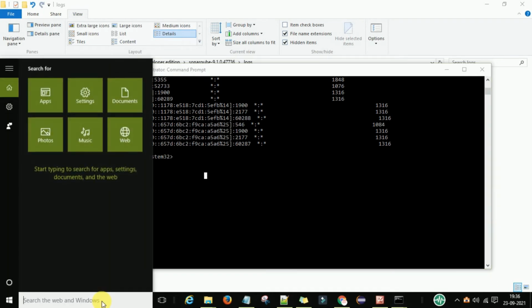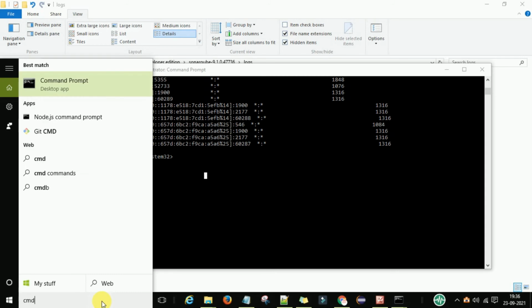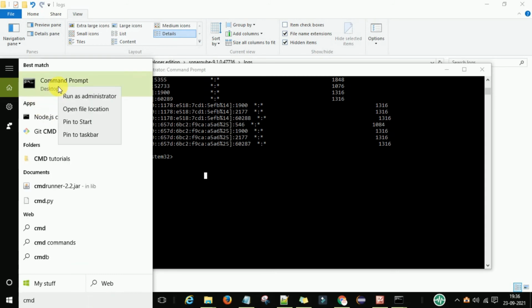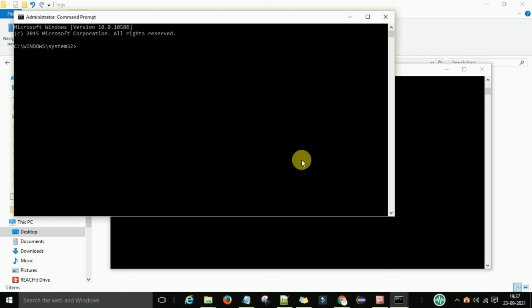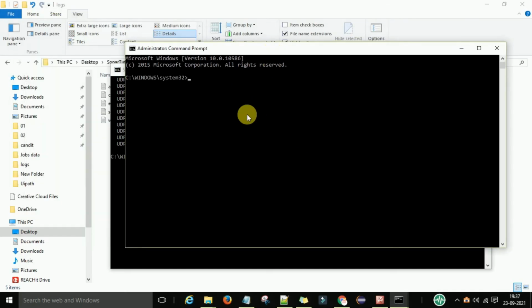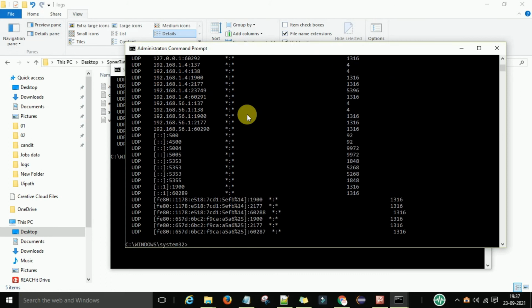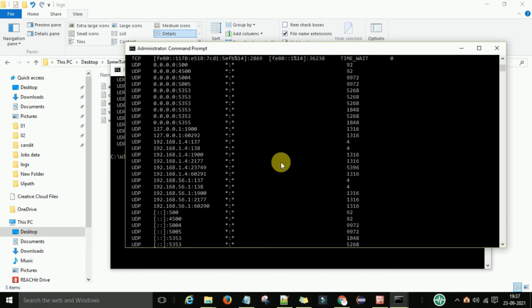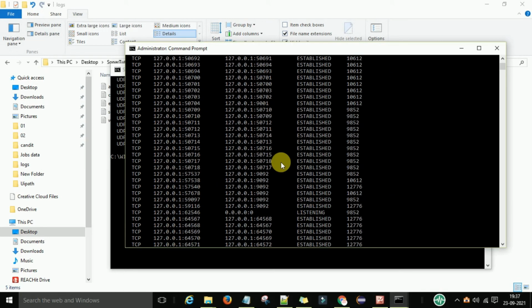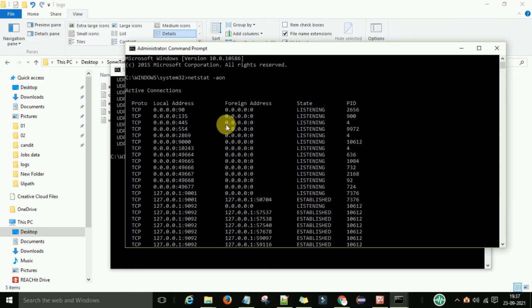Then you can type the command netstat -aon. It will give you all the port numbers used by the processes, everything you will get.